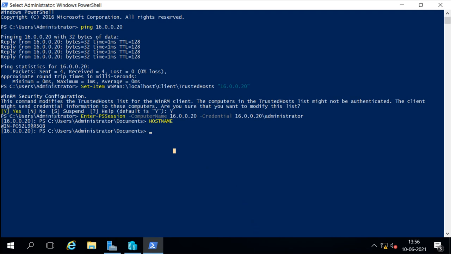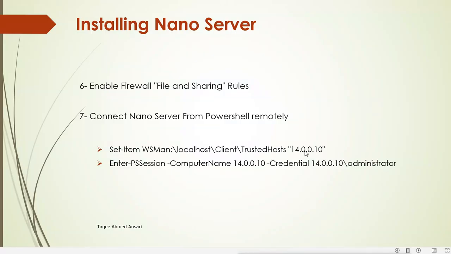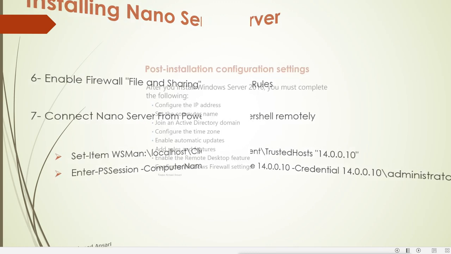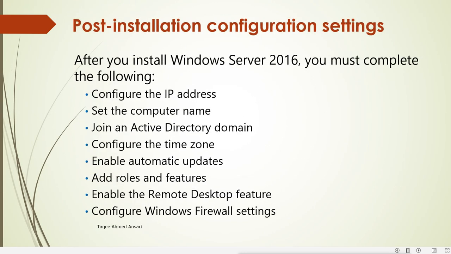Once you get the PowerShell of the nano server, you can run whatever command you want. But what should you do after installing the nano server, or any server? These are the post-installation configurations. We configure the IP addresses, set the computer name, and then we should join an Active Directory domain.